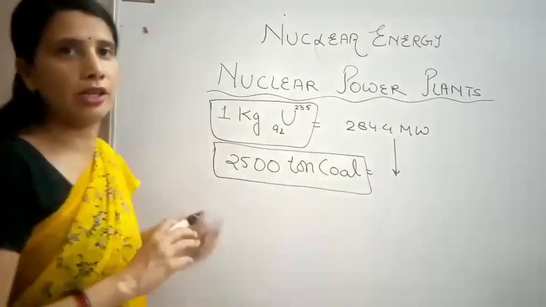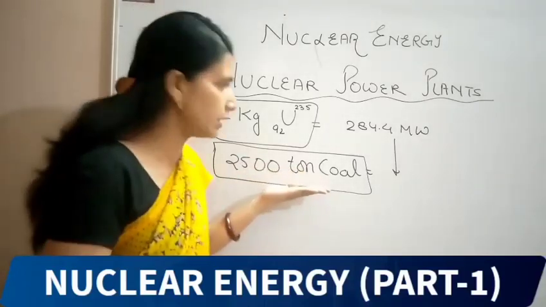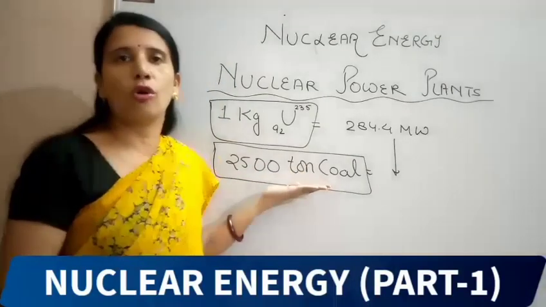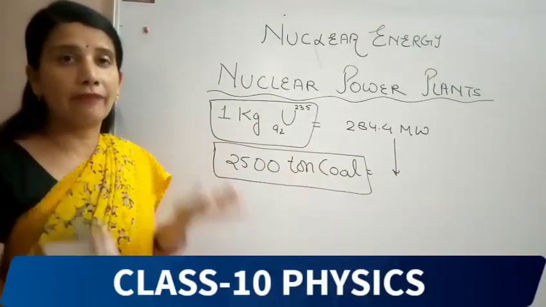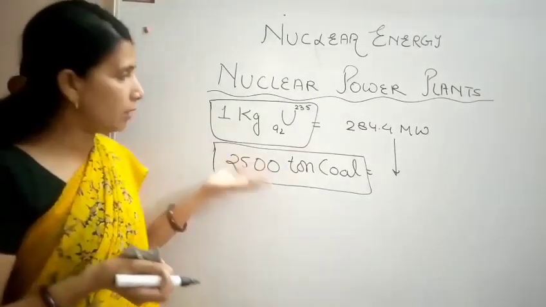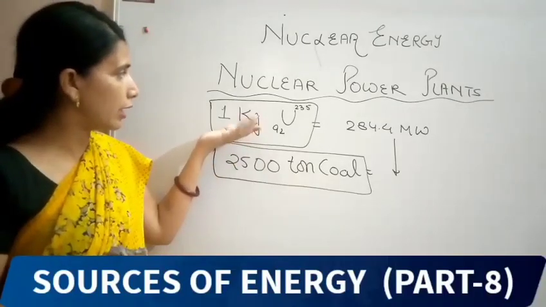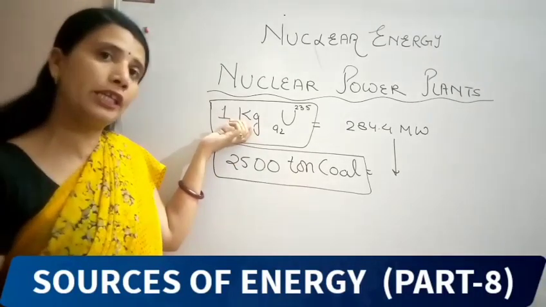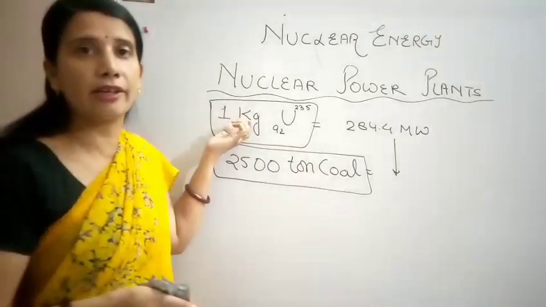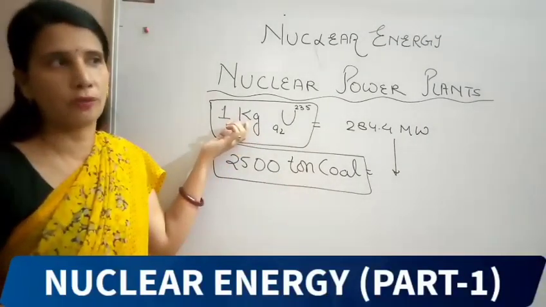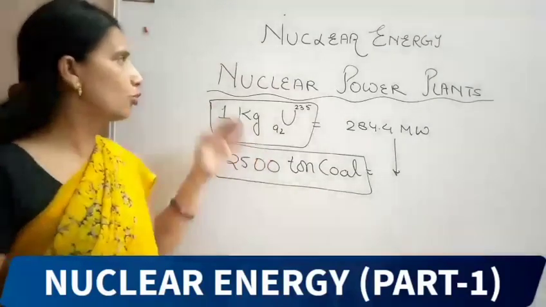So see the difference. If we burn that much coal, how can we talk about the saving of fossil fuel? That much amount of coal is equal to 1 kg of uranium only. So by this way we are conserving, we are saving our fuels. Okay. So this is why